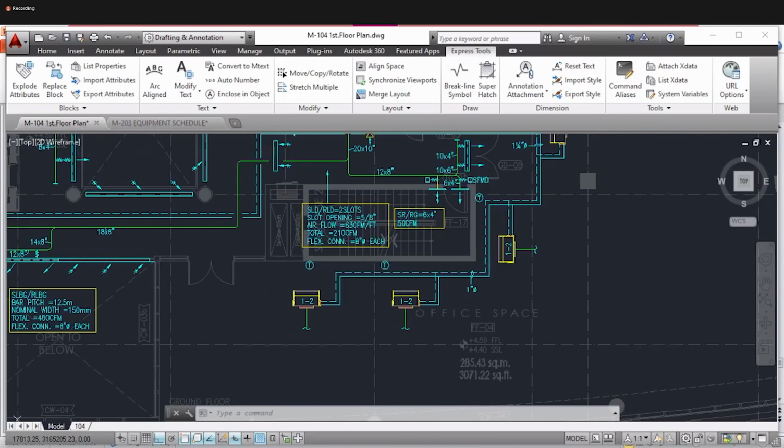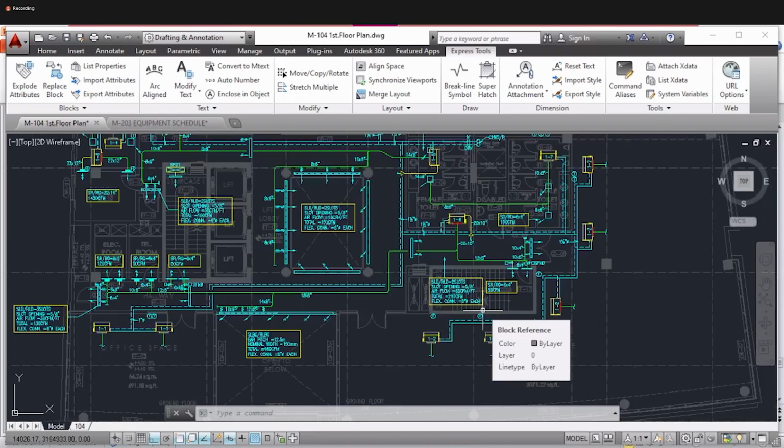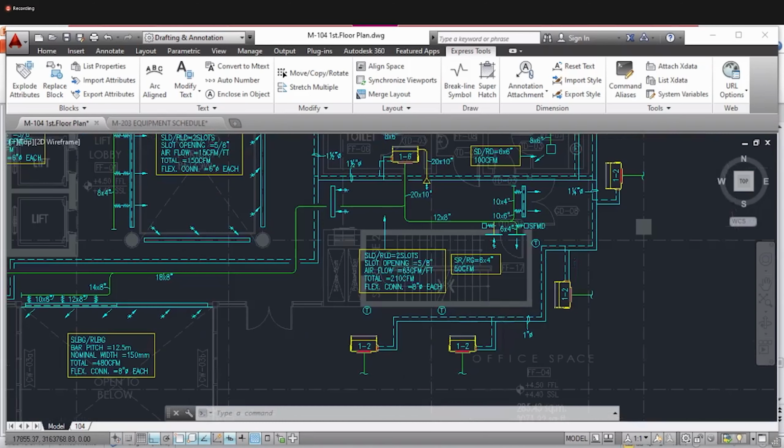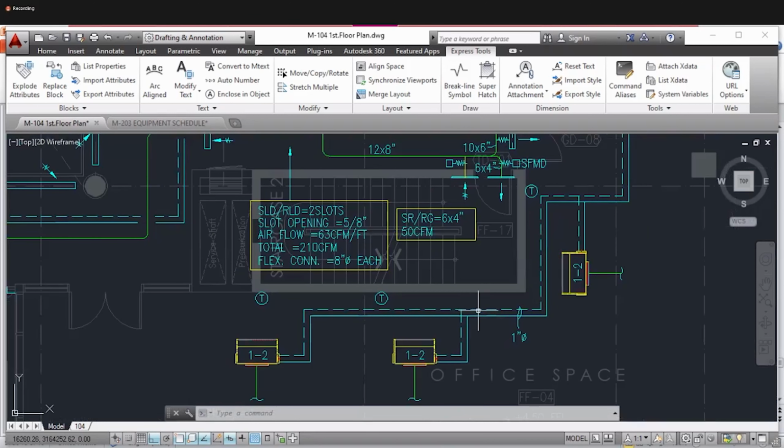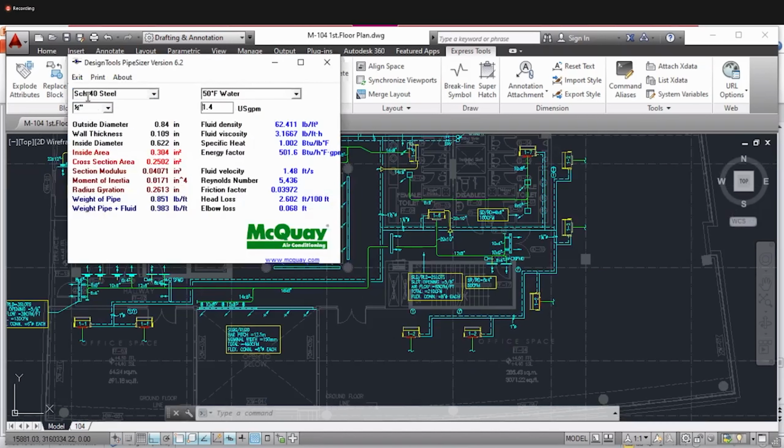The shop drawing can be prepared by the contractor. This is a design drawing we have to submit. The consultant will prepare this design drawing. After the designing, it will go to the client and he will approve, and then it will pass to the contractor. If there is any rectification or changes to be made, then they will be made in coordination with the contractor and consultant, and then the shop drawing is prepared. So this is a pipeline. We are going to use schedule 40 steel pipes.